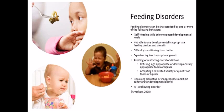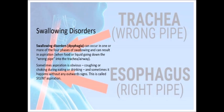How many of your kids have had swallow studies? Oral pharyngeal or esophageal or both? Both? Yeah, okay, good. When we're trying to figure out if a child has a feeding and or swallowing problem, it's actually really important for us to rule out dysphagia, or rather aspiration